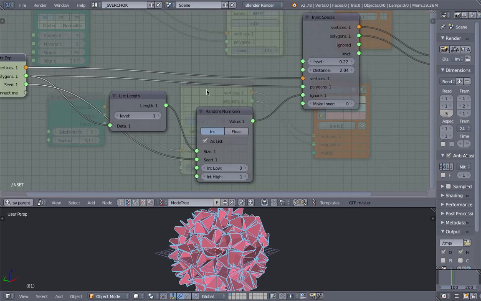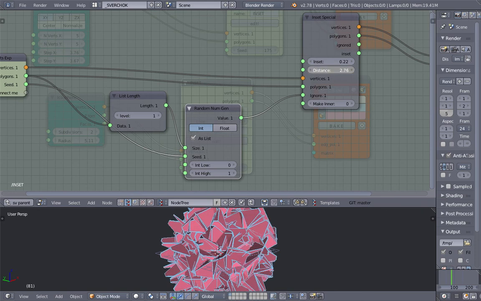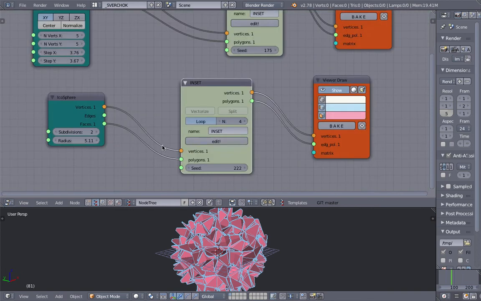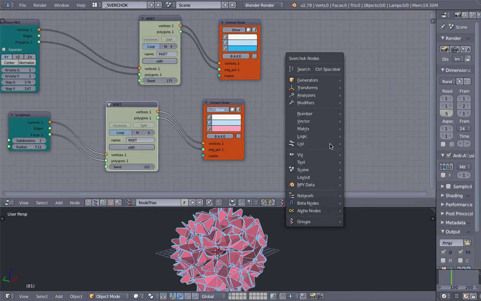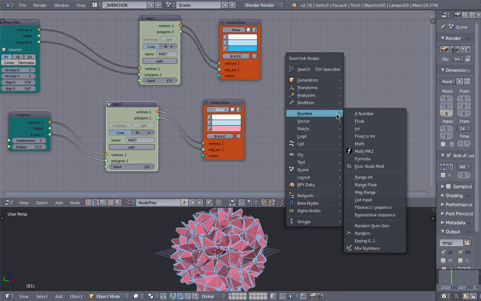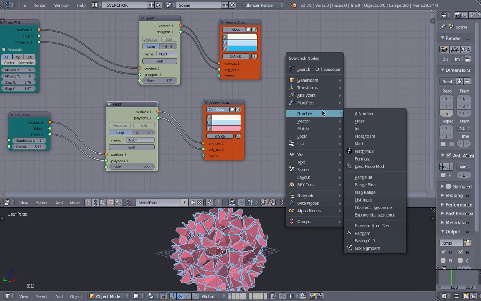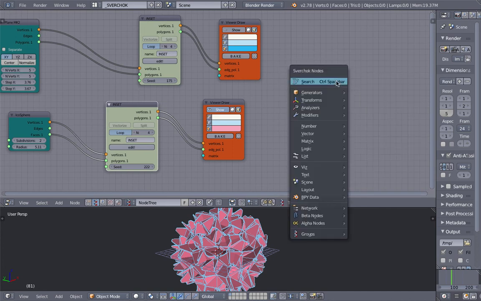Definitely give this a try and then kind of play around with it. See what you can come up with. With such simple operation, you can get this very interesting result. You can use all kind of operations that Sverchok offers. Things like extrude, of course, and then Boolean operations. Let me check. Normally I just Shift A and type in whatever, but if I properly look at it, I think